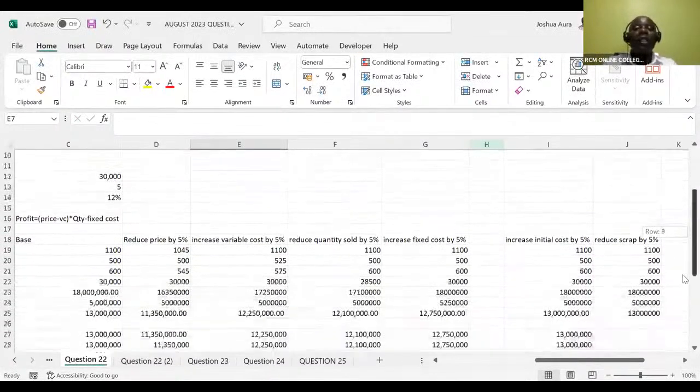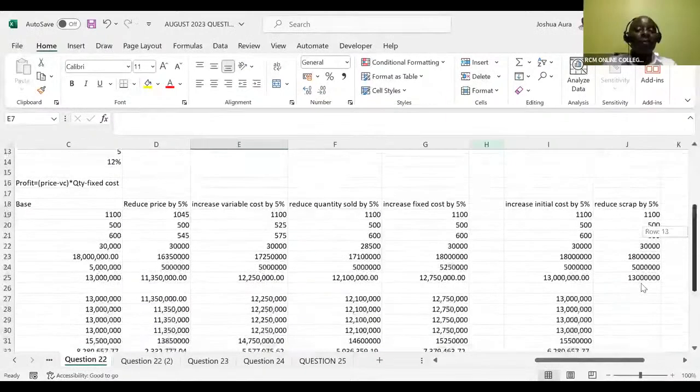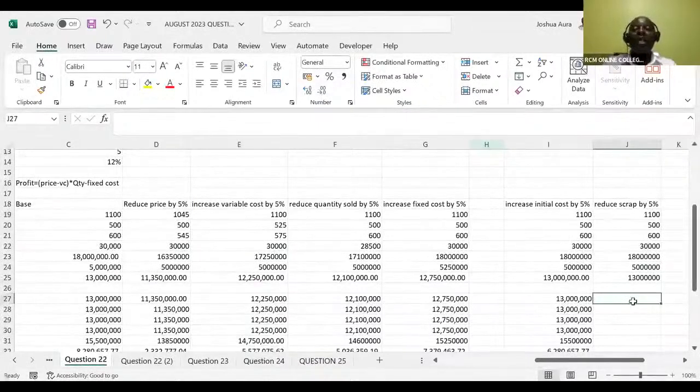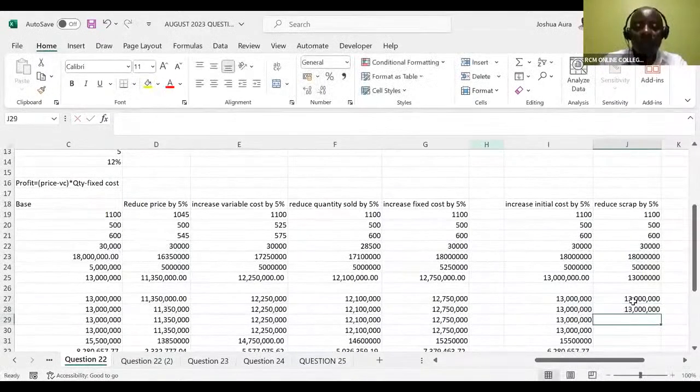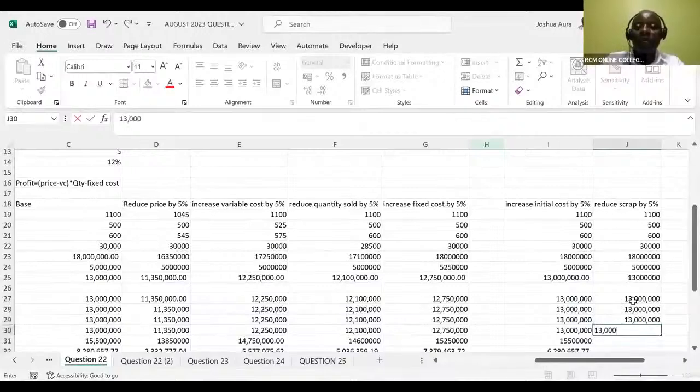So then come here. All the other things in this table are remaining the same. So basically, here I will come and pick this 13 million. I can even copy this to the other side, but no shortcuts really. So we have here 13 million, and so on for each year, but when you come to the last year,